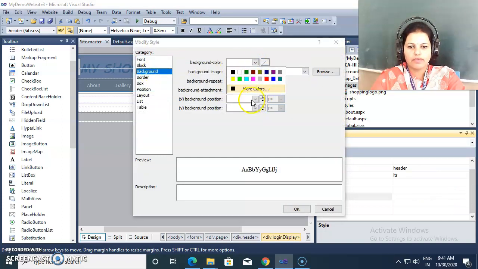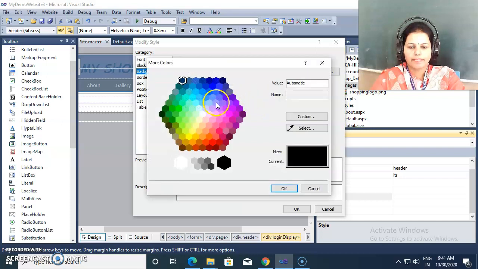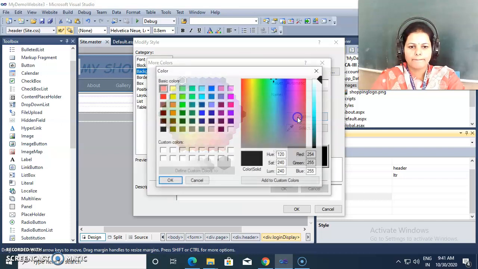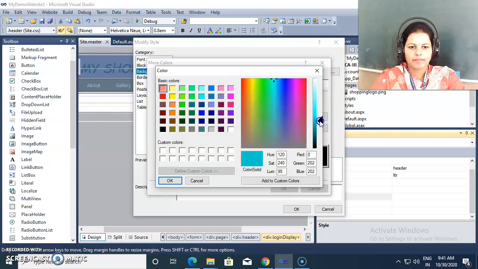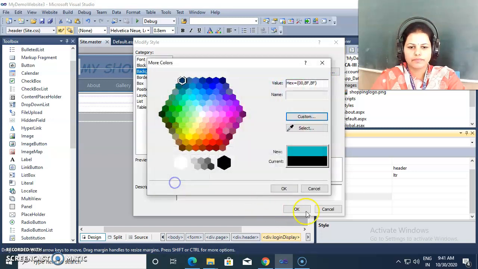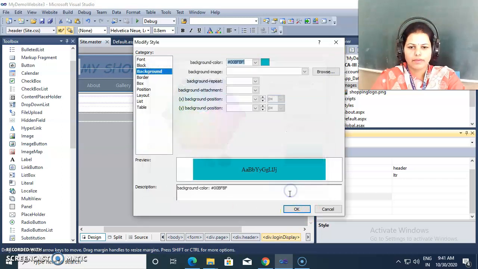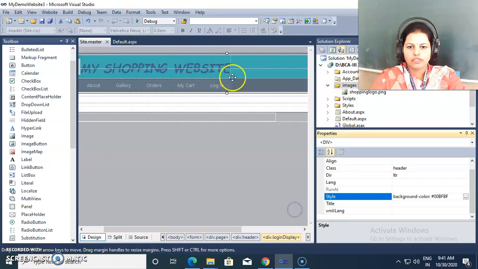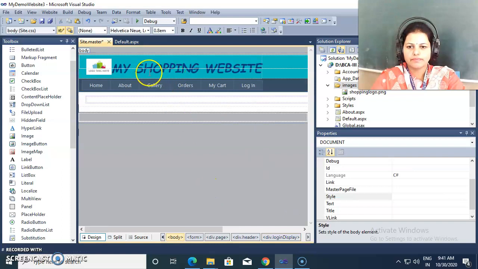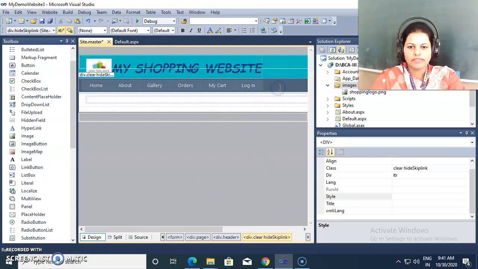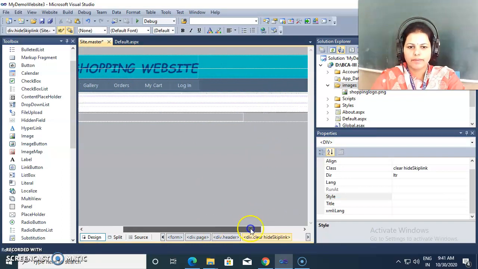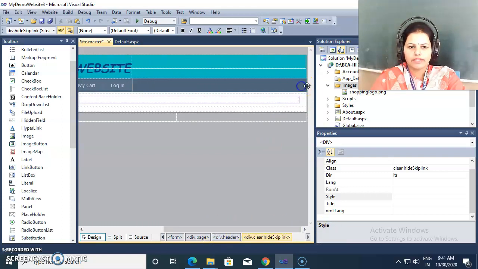Background color I'm giving, I'm selecting this color. So I'm changing the color. Then I select this division.